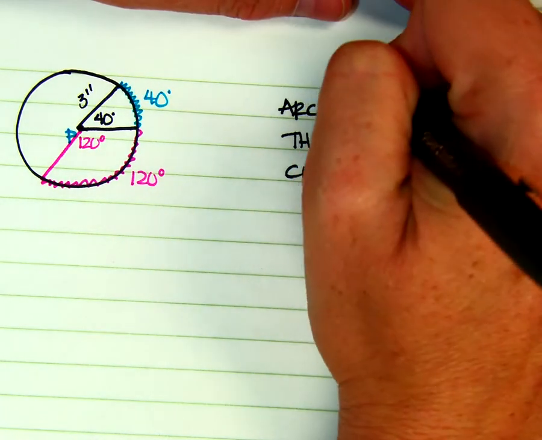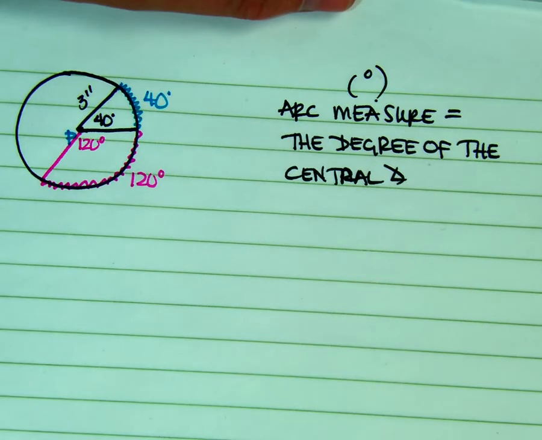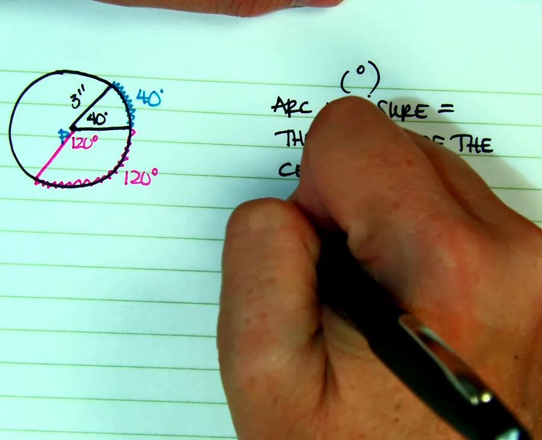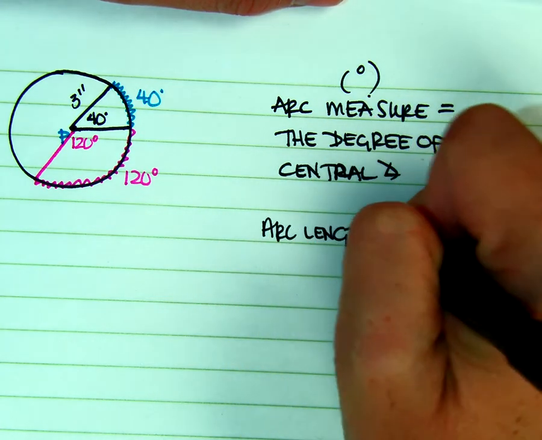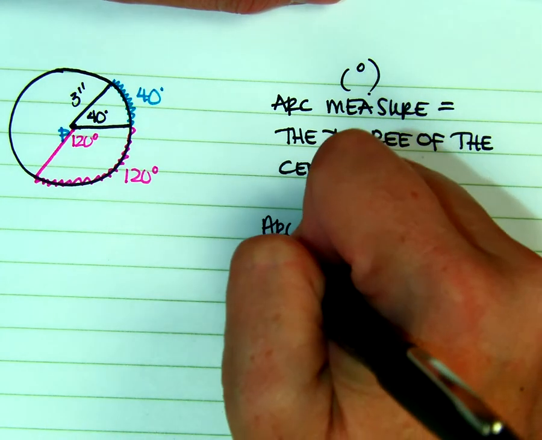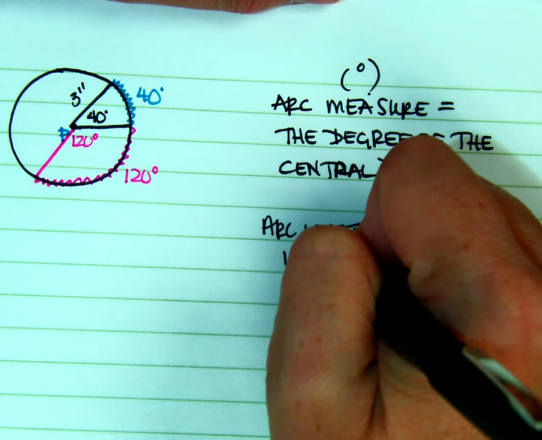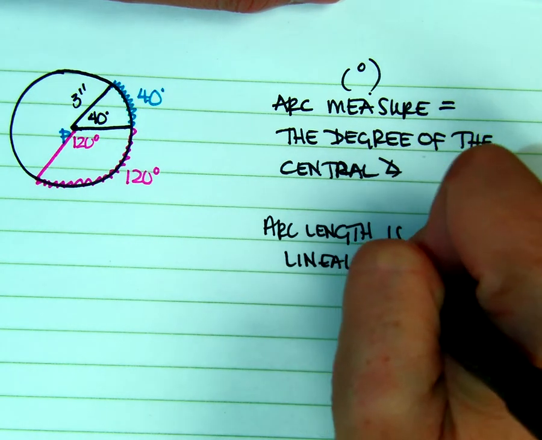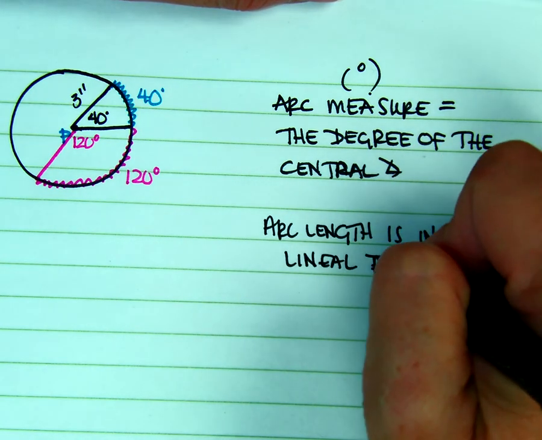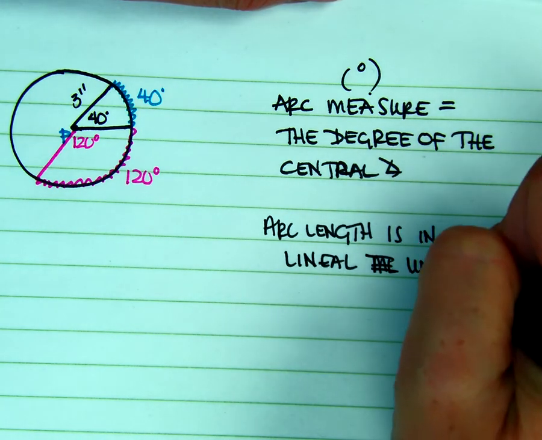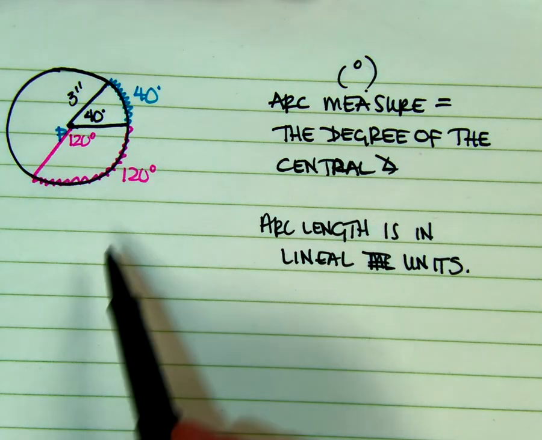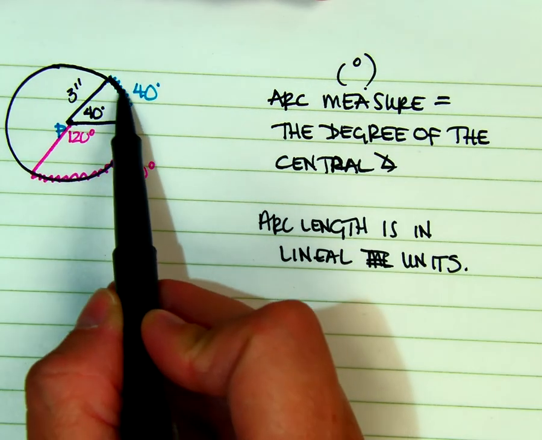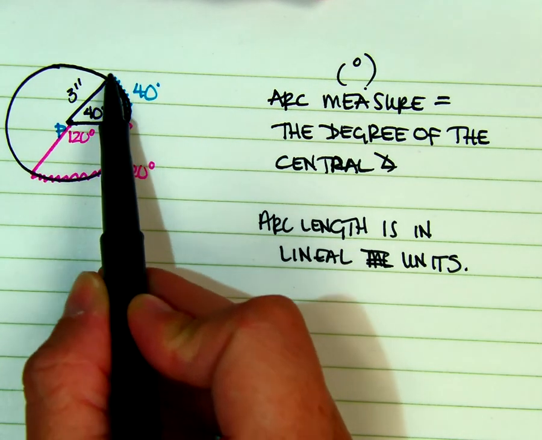Arc measure is in degrees. Arc length is in a lineal measurement. I'll put unit, lineal unit, like centimeters, inches, feet, etc. So if I want to find out how long this is,